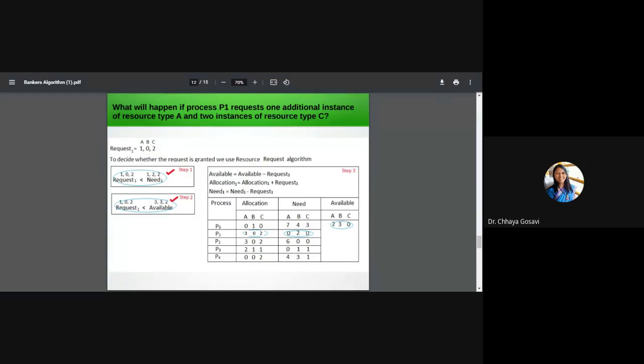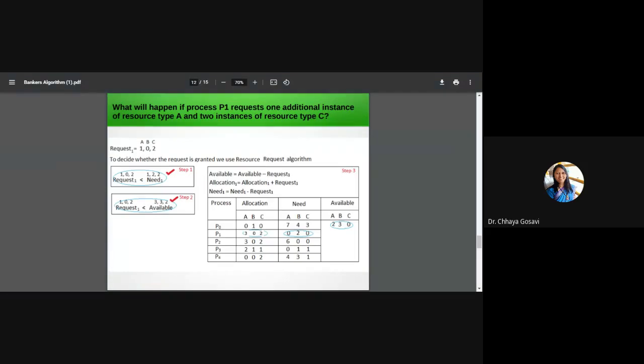So it is 532 new work, and then we'll proceed. P2 need is not less than 532, so go for P3. Yes, P3 can execute, and the allocation of P3, 211, will be added to the current available. It is 743.